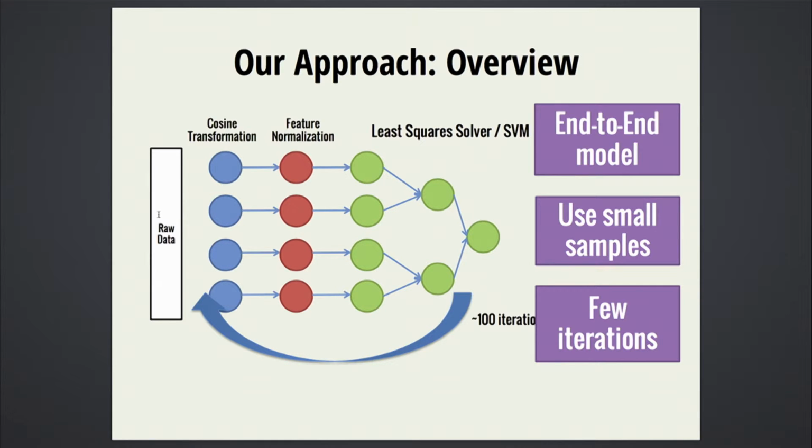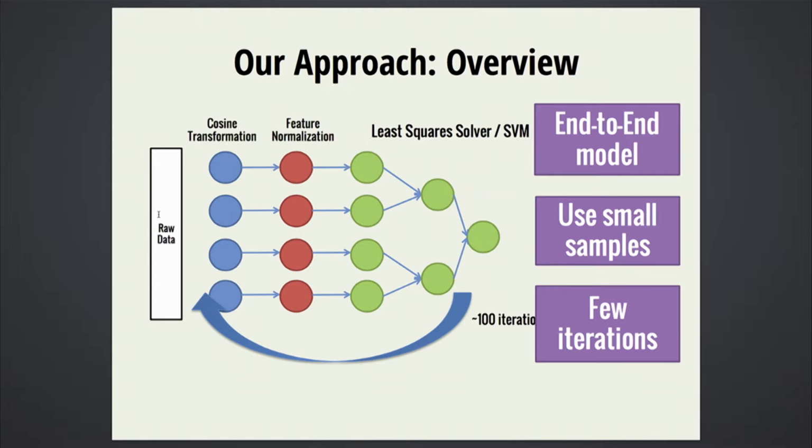Some of the main insights in our contribution here is that we try to build an end-to-end performance model, going from the input to the complete model being built. The key insight that we use is that most of these applications we find are very regular in behavior. By regular, I mean that if you take a very small sample of the data and run the application on it, you can infer its performance properties by looking at what it's doing on the small sample. So we exploit this fact, and we run the application on small samples of data, measure its performance, and then try to predict what will happen when you run it on the larger sample of data. And finally, we also exploit the fact that these applications are iterative.